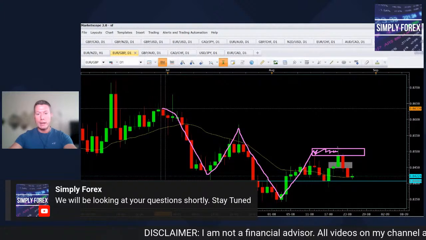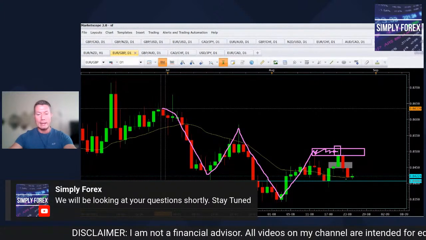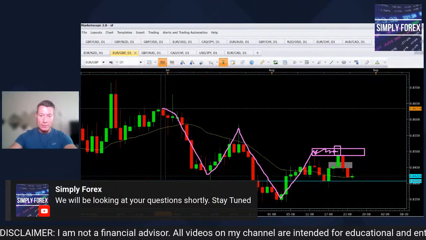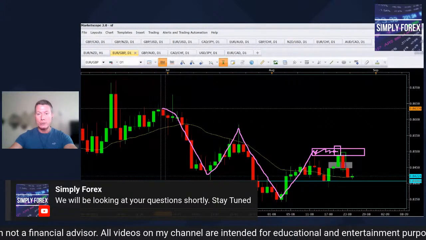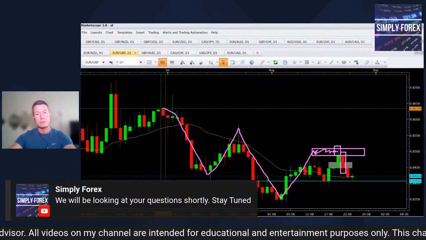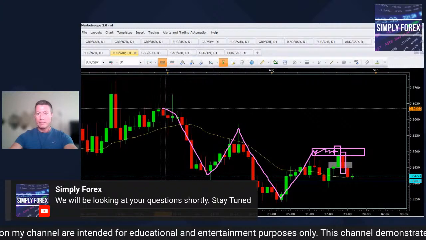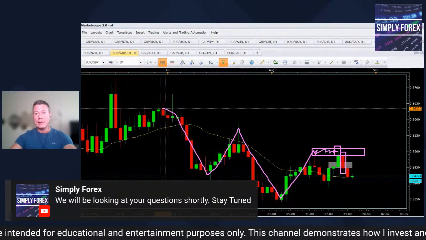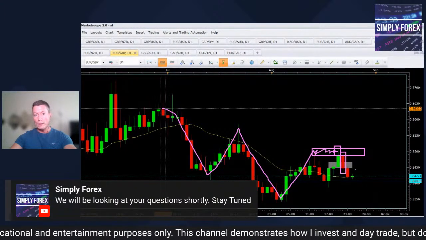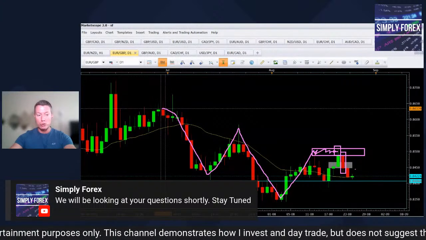And as you can see, we had this wick on the day chart react at that level, and then we had a very bearish candle form after that. All right, so that tells me price has reacted at the last high and sellers are in control. And we are still in a downward structure.